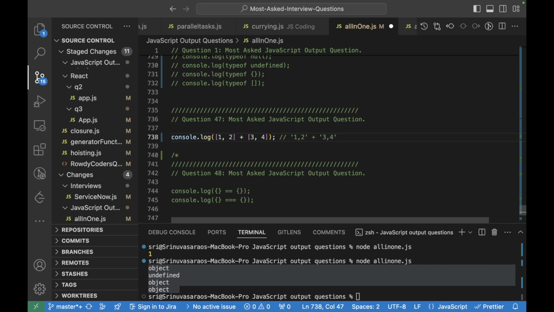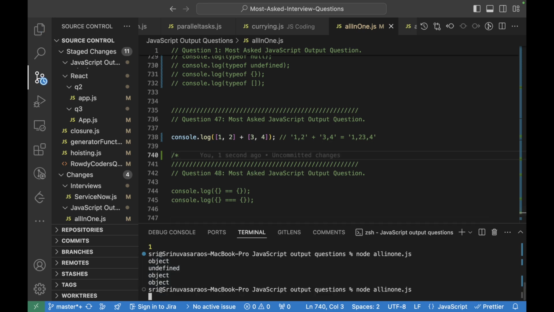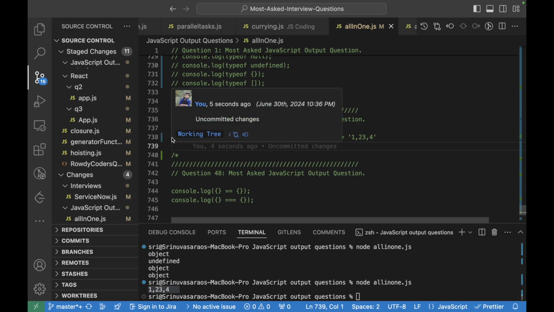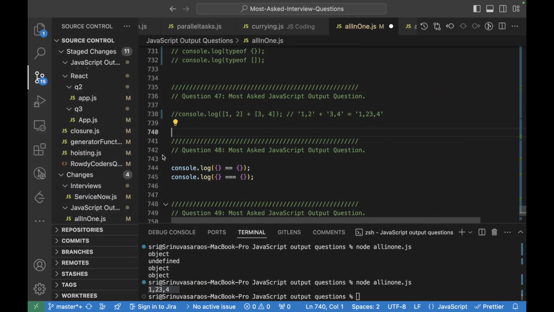Okay, and while adding, what happens is this will be equal to 1,2, and then concatenation actually takes place, and then 3,4. This way it will give the result. So let me run it and show the output for you. So yeah, this is the output. And let me comment this down. Let's go for the next question.